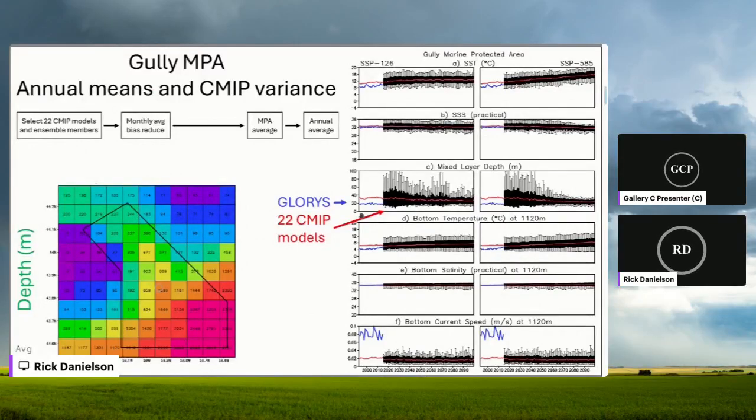So our process is then to take these model ensemble numbers and take the monthly average of them, do a simple additive bias reduction, again not impacting the trends or anything, and then do an average for the MPA. Here I'm showing the Gully MPA with an average depth of roughly a kilometer, but varying quite a bit, from almost 3 kilometers to only a few hundred meters. And then for that average, for either surface temperature or bottom temperature, taking an annual average and then plotting